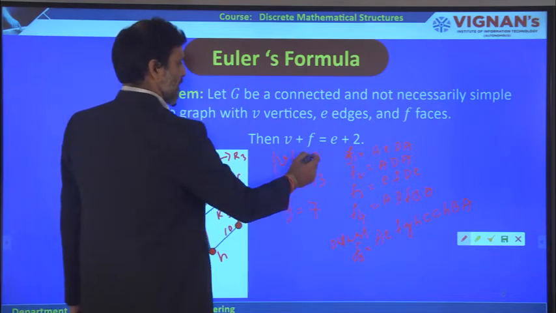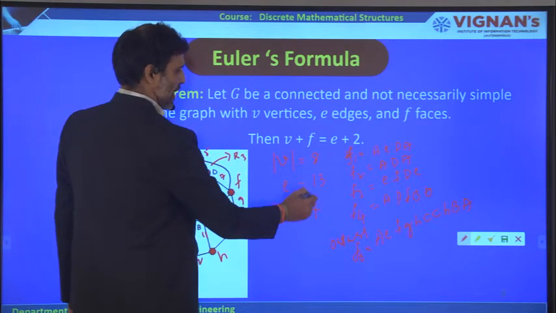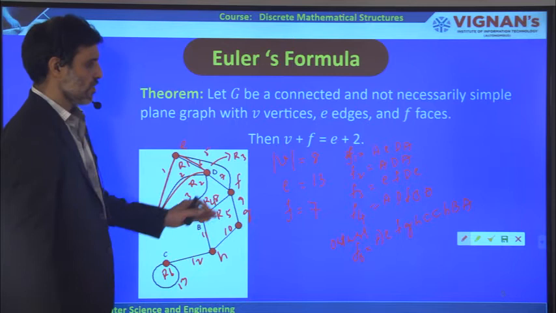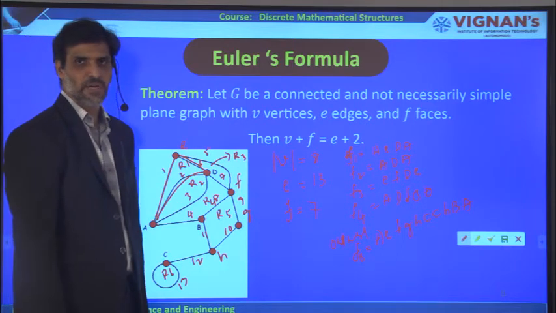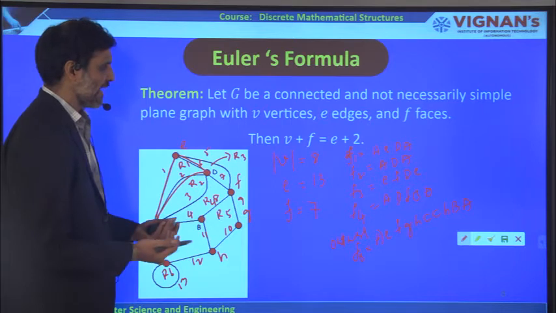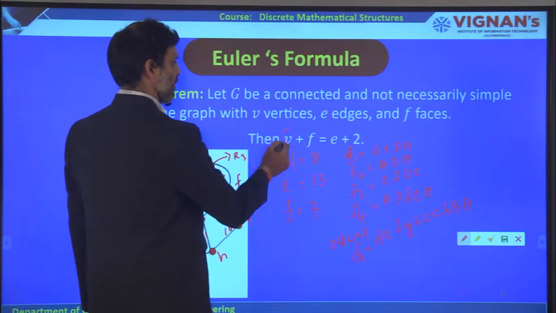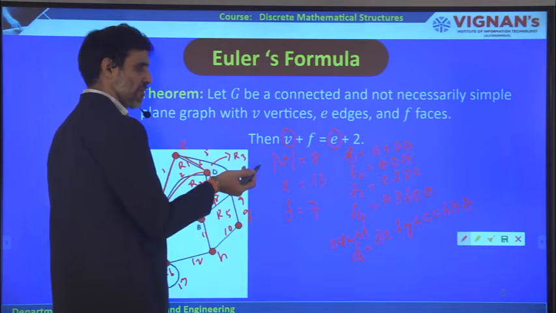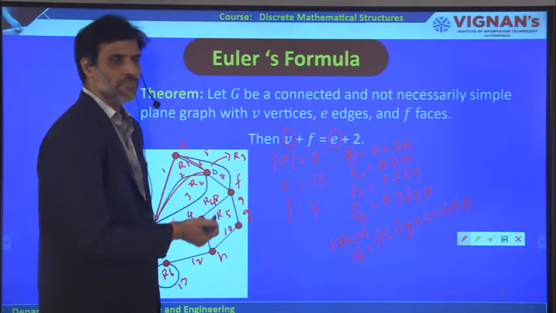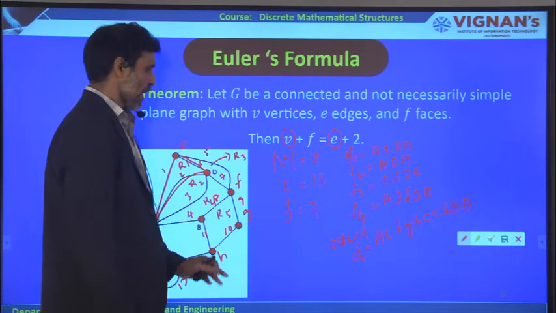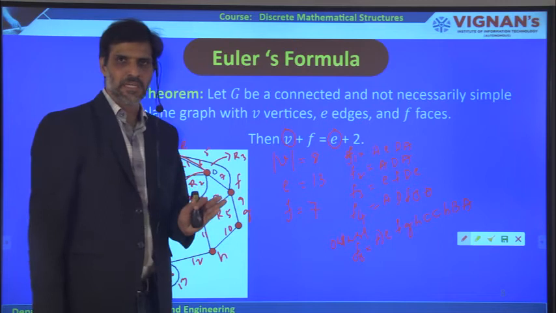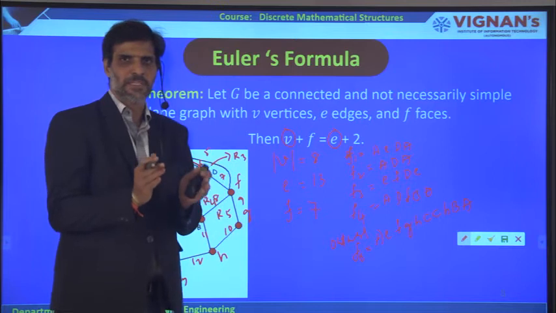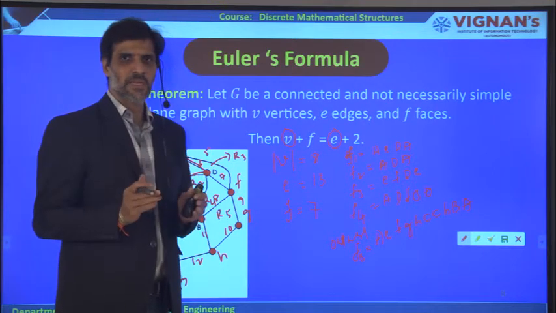Now you check V plus F is equal to how much? 8 plus 7 is equal to 15, and 13 plus 2 equals 15. So therefore Euler's formula is verified for the given graph. This is how we can verify Euler's formula. And by using this formula, if you know the number of vertices and the number of edges of the given graph, or any two are given, you can easily calculate the third one. So I hope it is clear how to get the regions of the given graph. The regions, or faces, of the graph can be obtained by the sum of exterior faces plus interior faces.